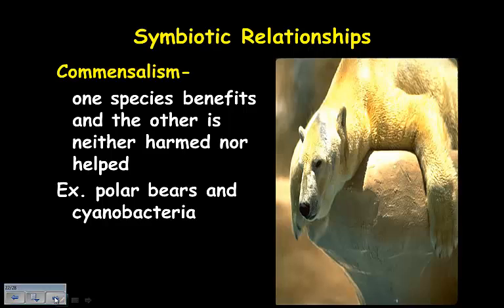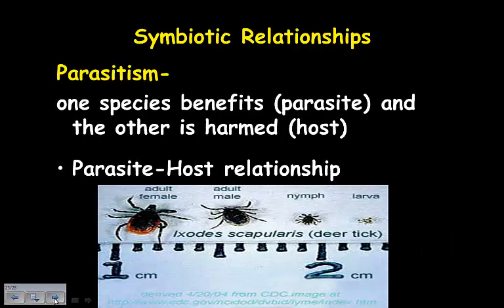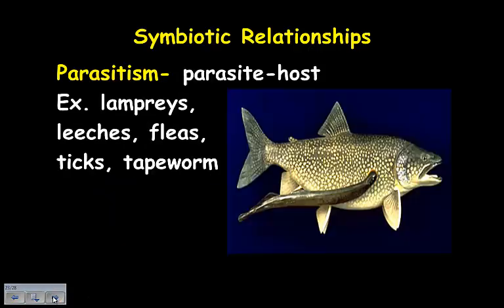So, move on back here. Commensalism, again, one species benefits and the other, nothing's happening to it. We move on over to parasitism on the other hand. One species benefits, the other is harmed. This we understand well here in Alabama with the tick. And so the tick is going to benefit and eventually it's going to harm its host. It's not a pretty picture, let me tell you.